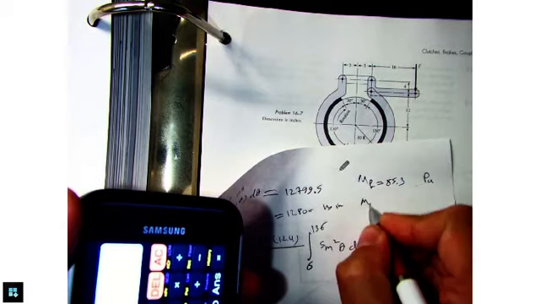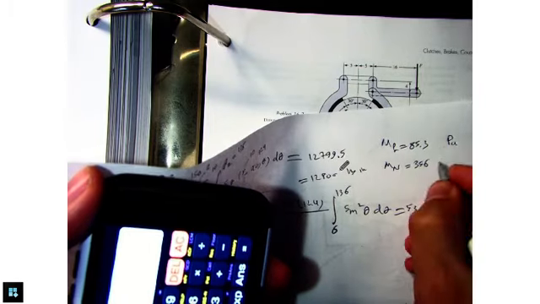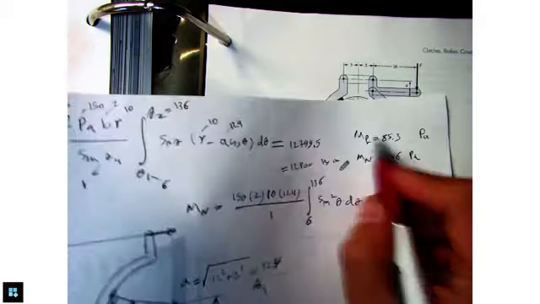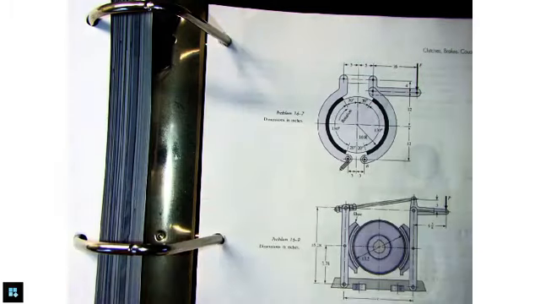And MN is going to be 53,430 divided by 150. So I get for that one 356 times PA. All right. So I have these two, and I know that